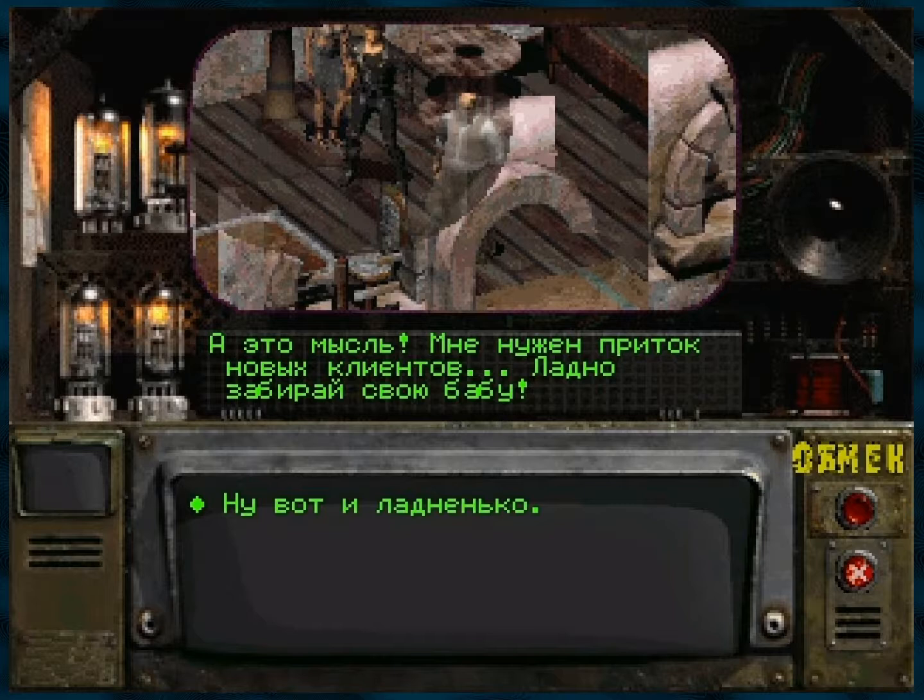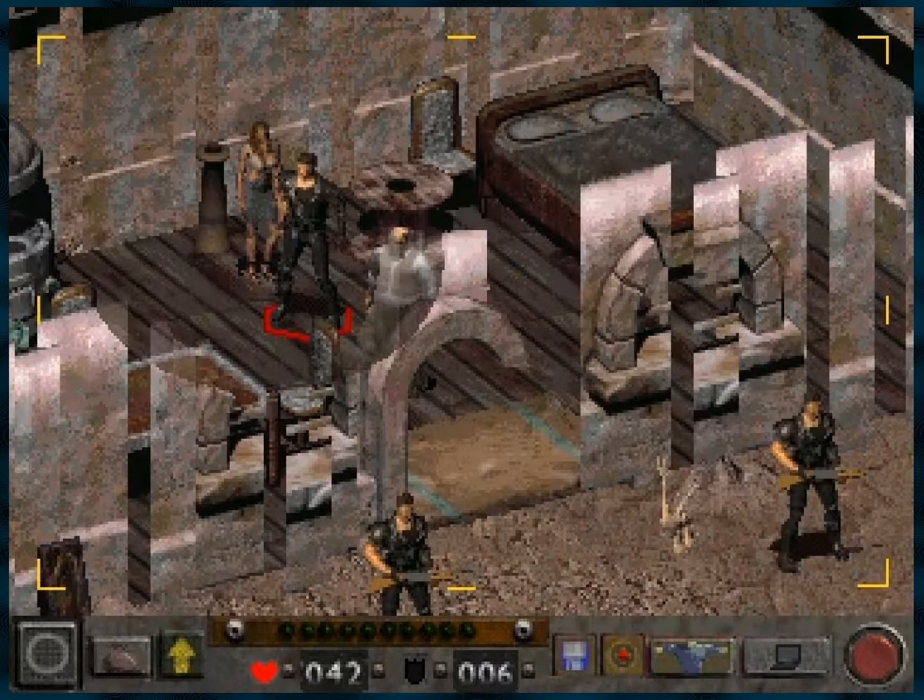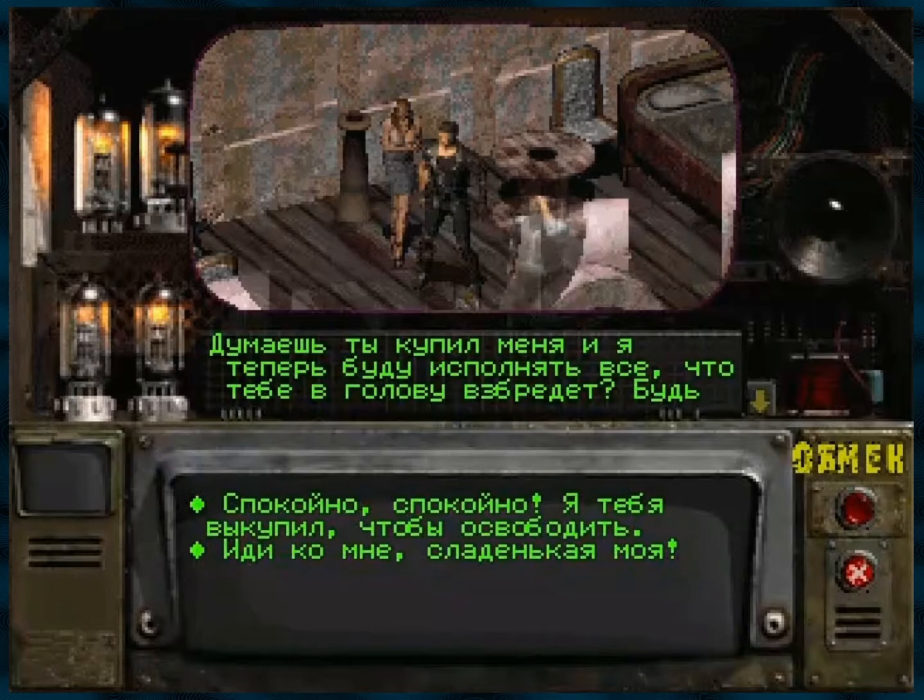This is possibly the worst businessman on the face of the earth. No one has ever been worse at business than this. This is the Donald Trump of post-nuclear Russia. And your option is, well, okay, basically. Great! I guess you're coming with me now. What is this game?